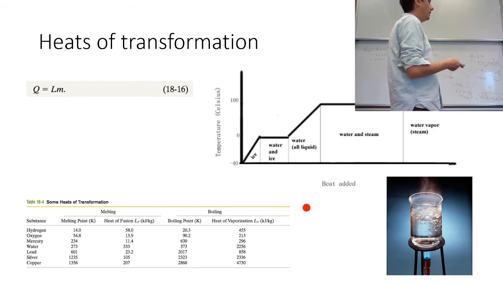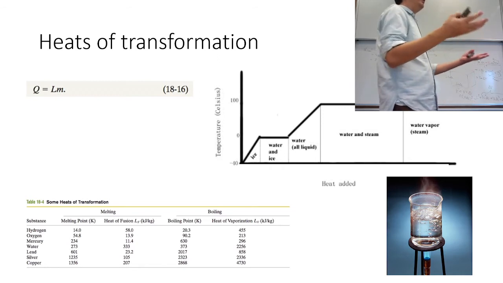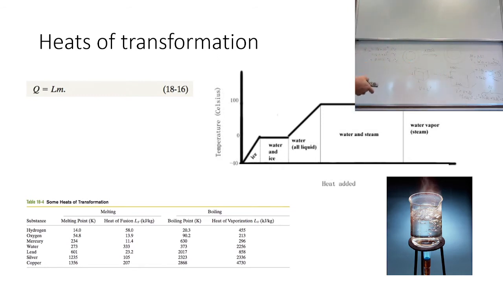Once all the ice is melted, the temperature starts going up again. And then when it starts boiling, it stays constant at 100, despite the fact that you're heating it. And so what's going on is that